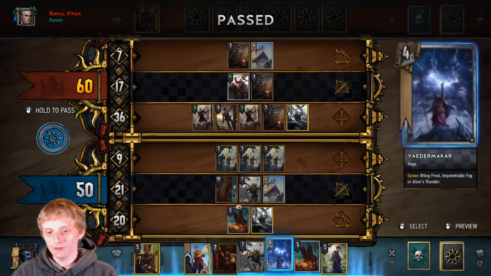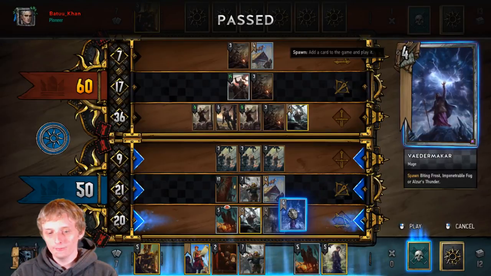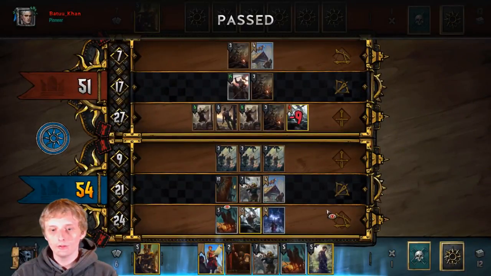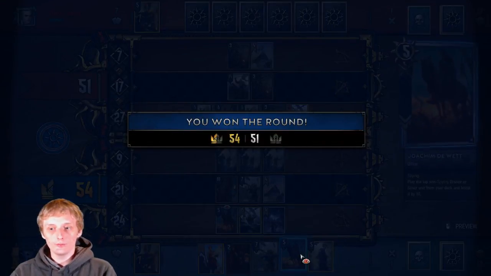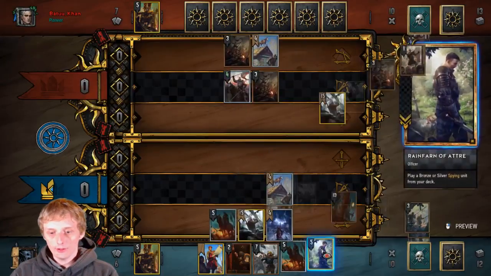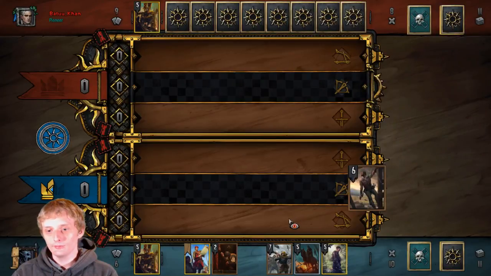I don't want to use any of these big cards yet. We'll just use the Vader Maker. Now, we'll play Elzer's Thunder. Now we get to hold on to our Joam de Wit for the last round, which can be really good, and we have our Ranfarn. So I plan on grabbing our Disloyal unit with Ranfarn, just in case he has his...